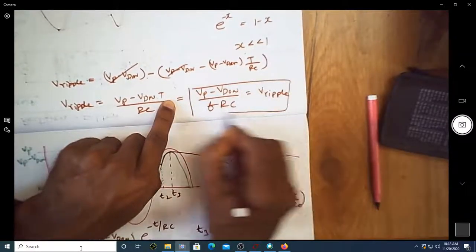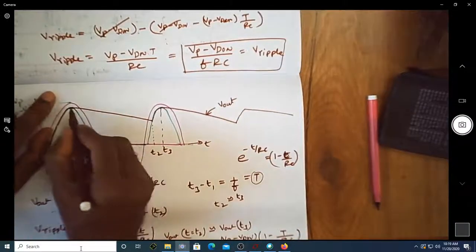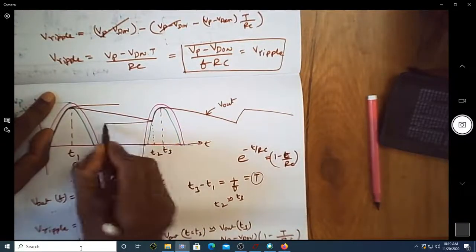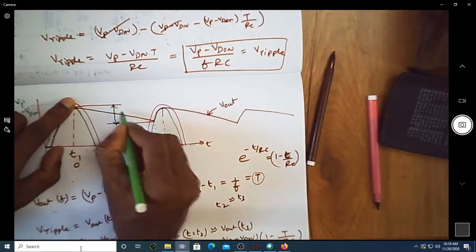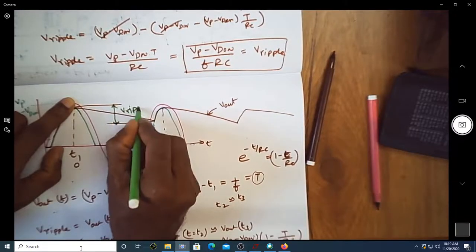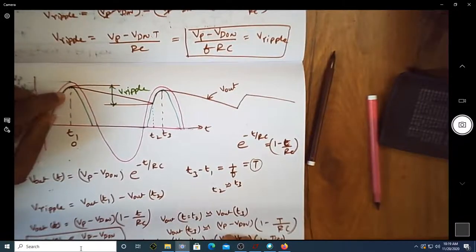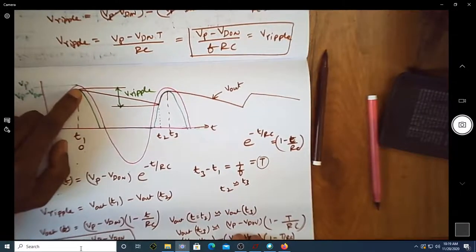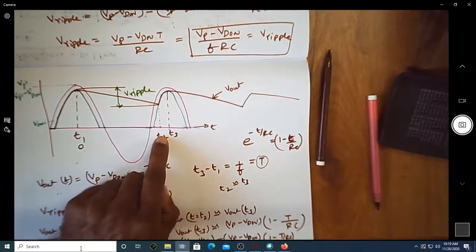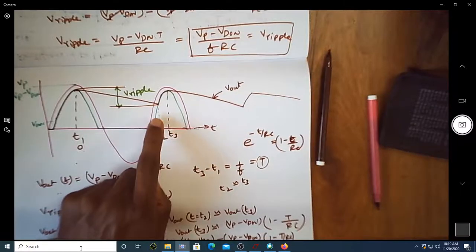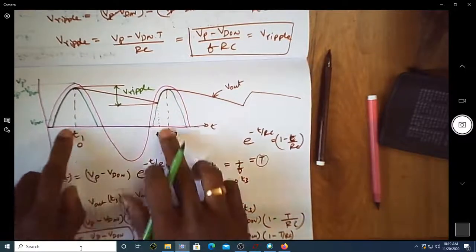This is the expression for ripple voltage. Whatever this is, we call it V ripple. So I will write from here to here, because we actually found the ripple voltage as the voltage difference of the output voltage at t equal to T1 and t equal to T2 to be exact, but we approximated this time to be T3 because this is a very negligible time compared to this whole time.